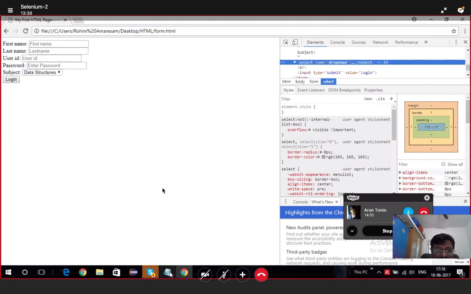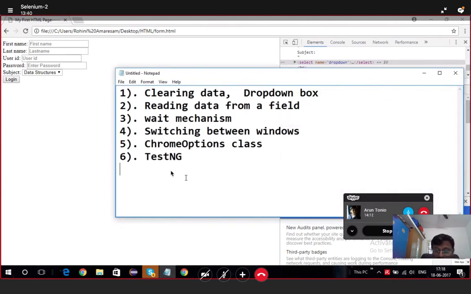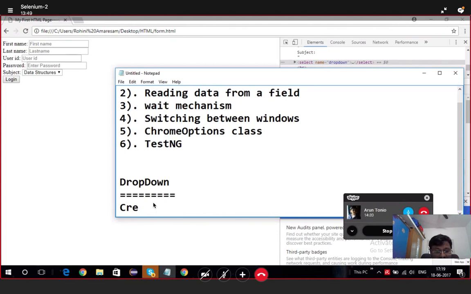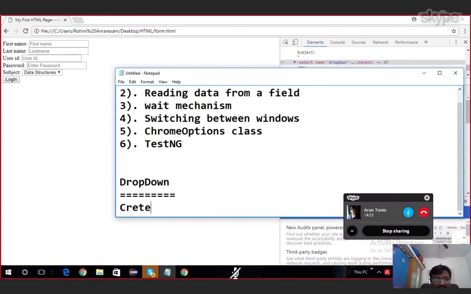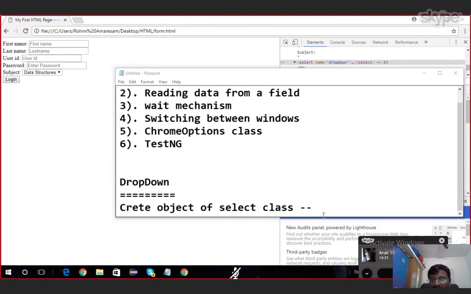For drop down, the syntax is: create object of select class. There is a class called select. Create object of select class, and while creating the object, pass that select object as an argument.